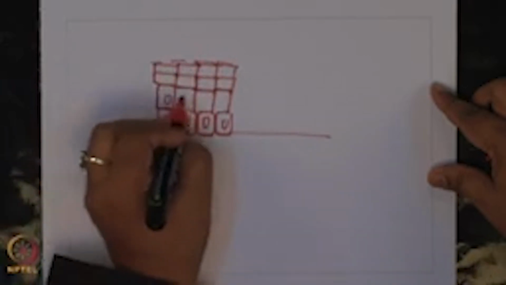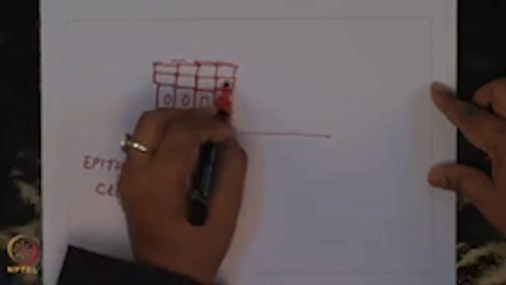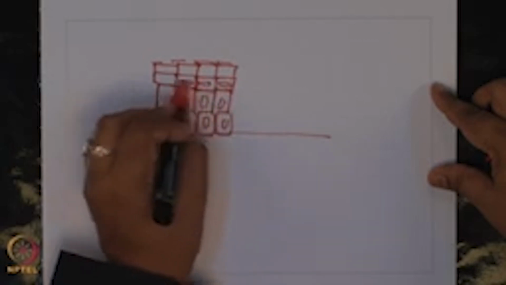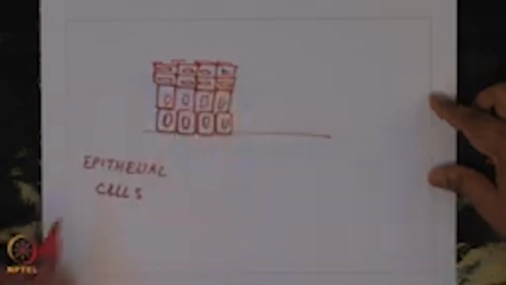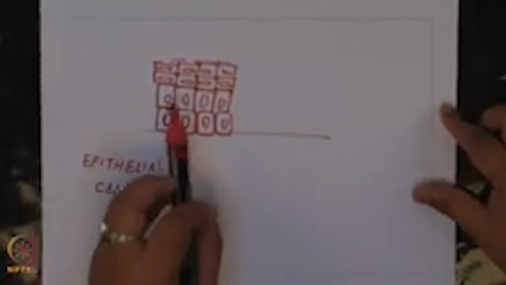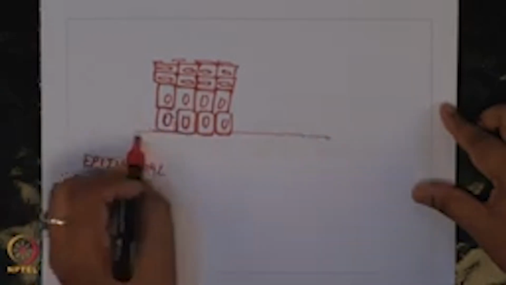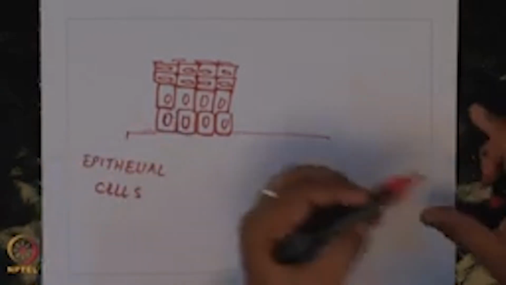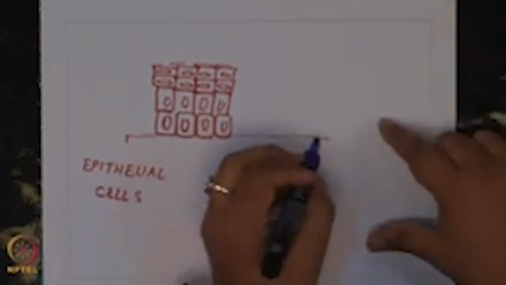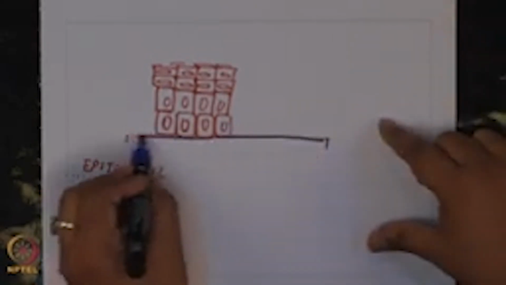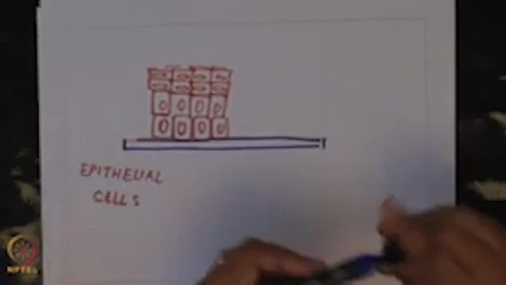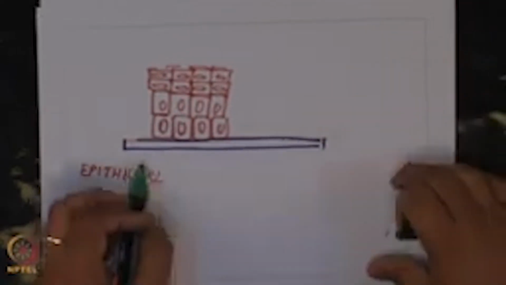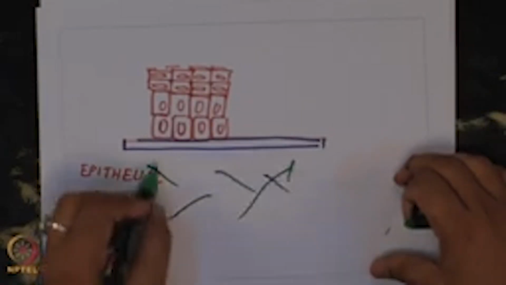The way I have drawn the epithelial cells, you see the orientation of the nucleus is vertical. They lie on this membrane, and on the other side you have ECM matrices,